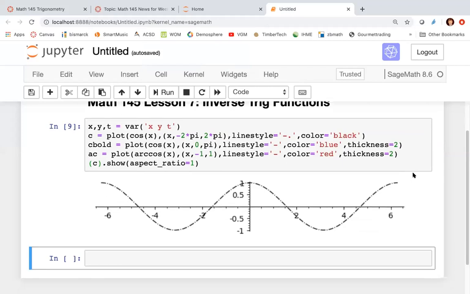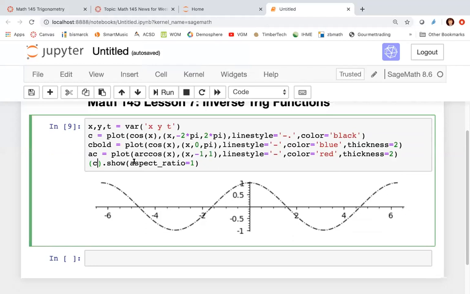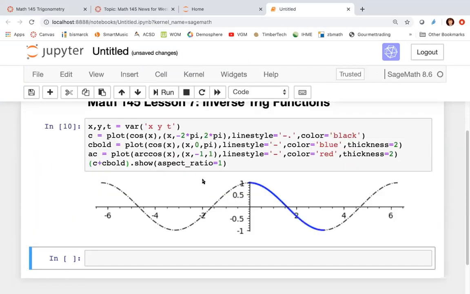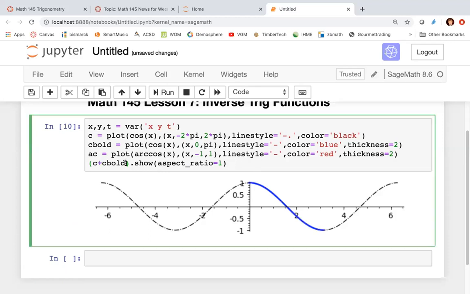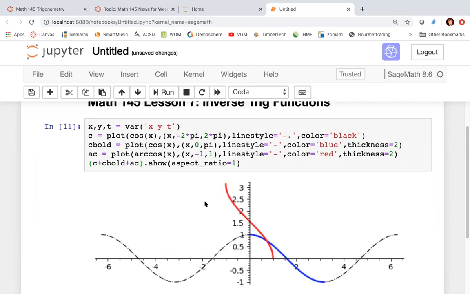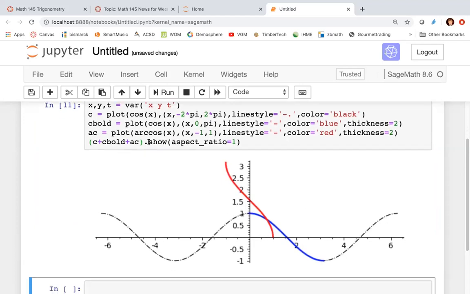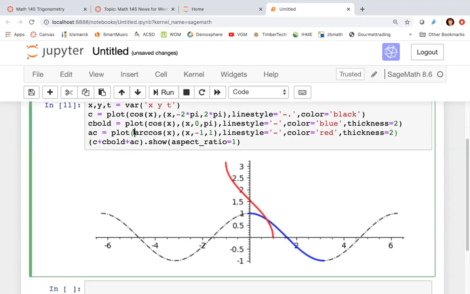So first, the graph of the entire cosine. There is no inverse. Then we just pick a piece of it in blue. And then we graph the arc cosine, which is the mirror image of that blue piece. And we get this kind of graph. And it's built in as a function called arc cosine